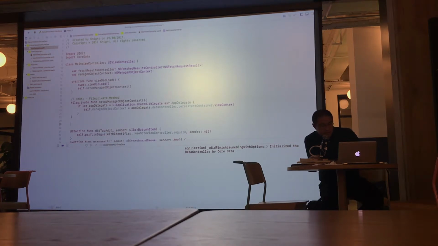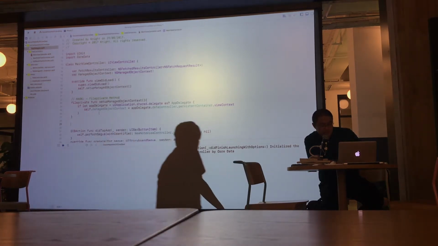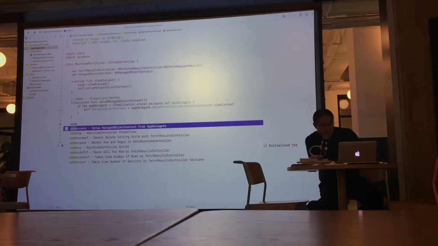Of course, it's also important to initialize our fetched results controller, because now we are using that to work with the table view. We need to tell Core Data which kind of object we want to retrieve. So we will have